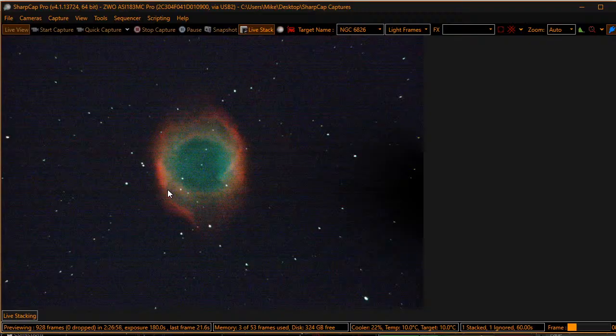It's similar to the Cat's Eye and the Ring Nebula and the Dumbbell Nebula. It's also been called the Eye of God and the Eye of Sauron. For those of you who know the Lord of the Rings trilogy,